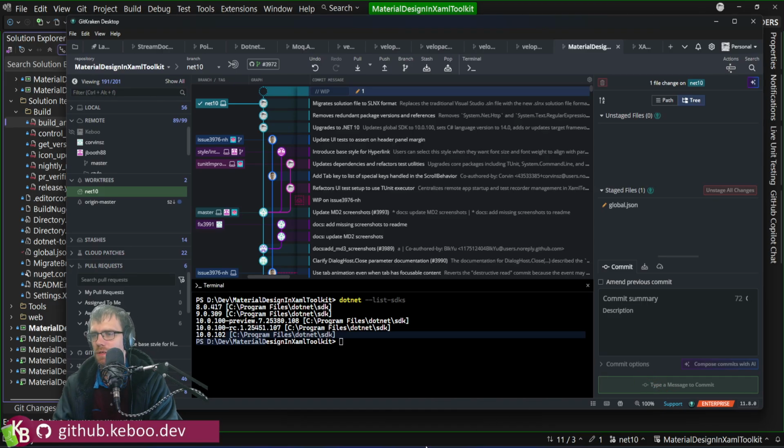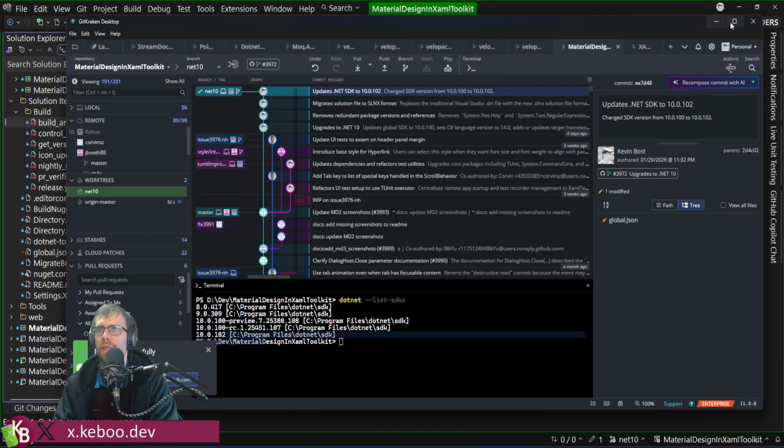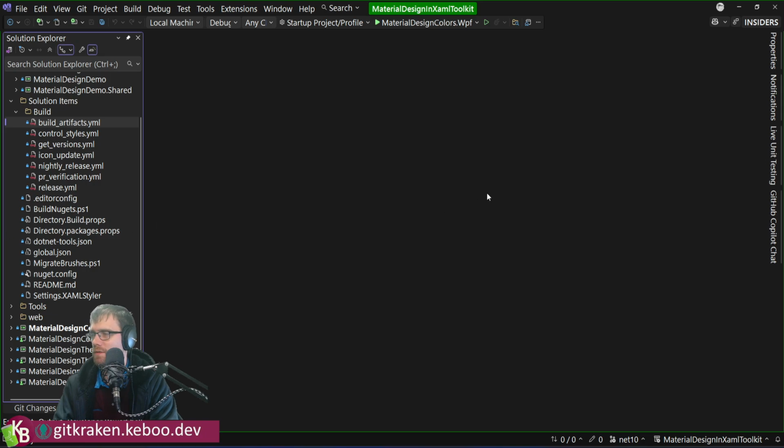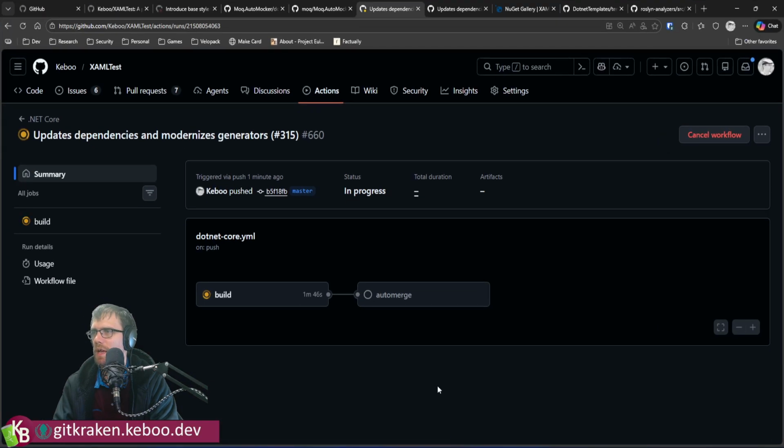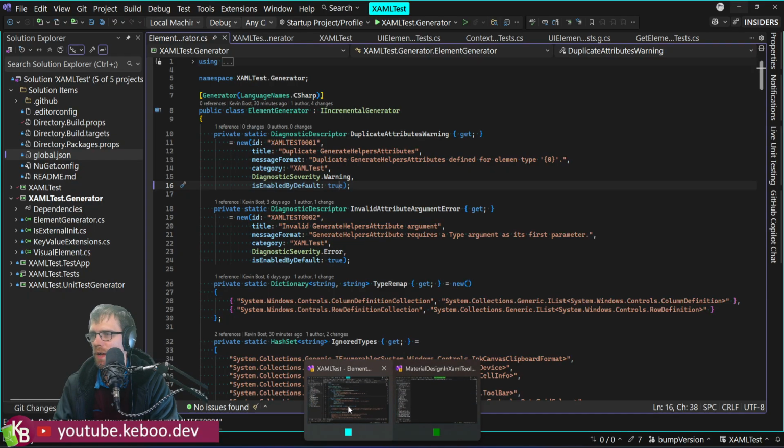I'll be very curious to see what this does because they did find and fix the WPF issue that I got bit by right on release, and I think it made it out in this 102. I don't know for certain, but we will know more in a moment. While that guy is going, as soon as XAML test gets published, I'd like to pull it in. Though actually, I'm realizing, do I have